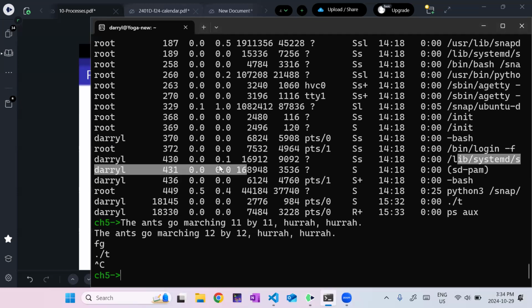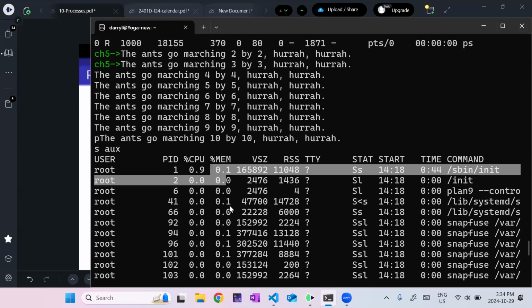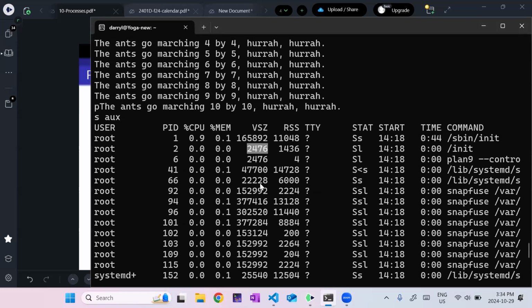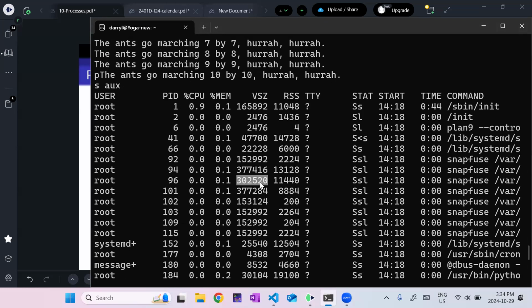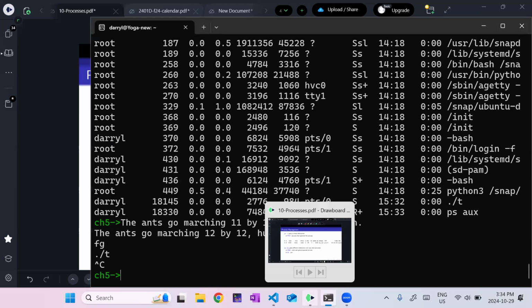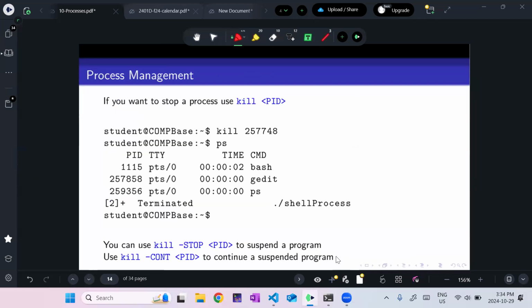I don't know what this is, but yeah, you can see basically everything, and it also has how much memory they're using and the size. I believe that's in memory or perhaps on disk. That's a lot of stuff. I would have to look it up to remember all of it, but yeah. Questions so far? Okay. If you want me to try anything, let me know. That's part of the fun of this stuff, is actually fooling around.